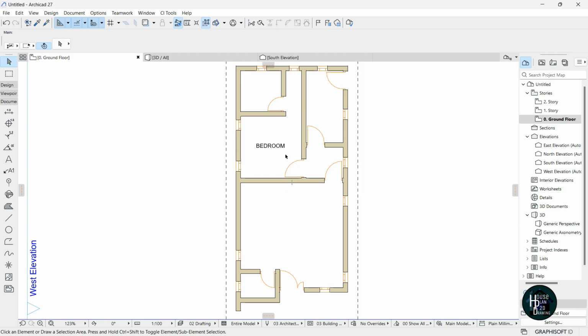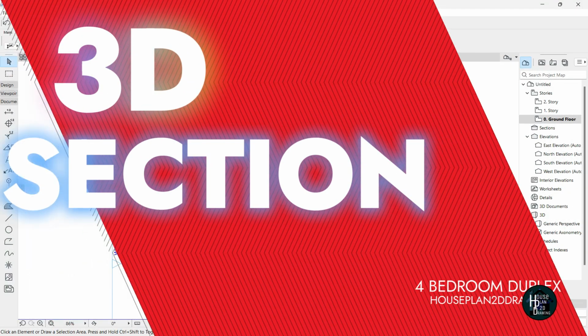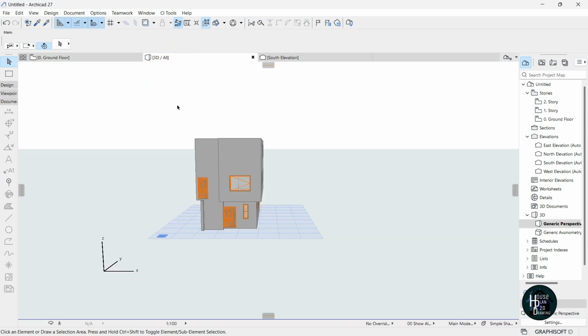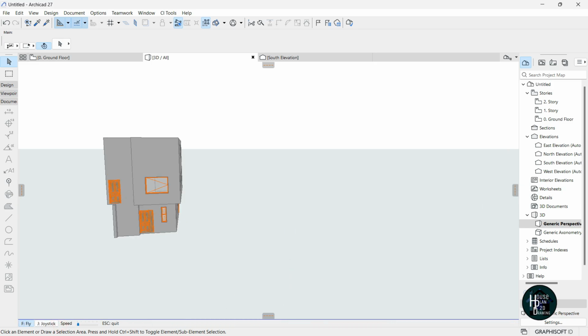So now the next thing I'm supposed to do is to go to the 3D section of this particular drawing. We've not seen the 3D section of this drawing, so let's just see how it looks in 3D. If you go to your 3D section, click this side here, you're going to have something like this. If you click this icon here, this explore, click on it, you'll be able to move your mouse all